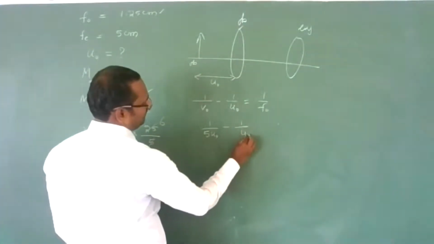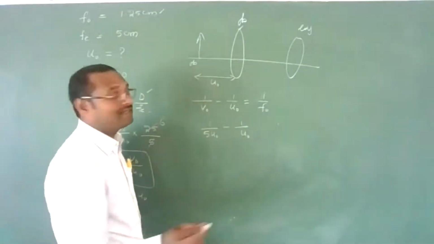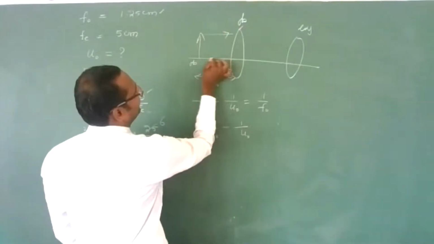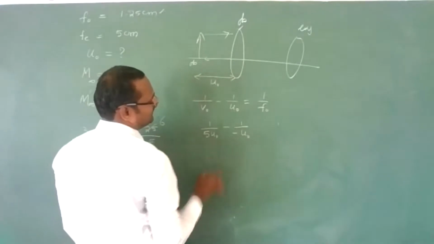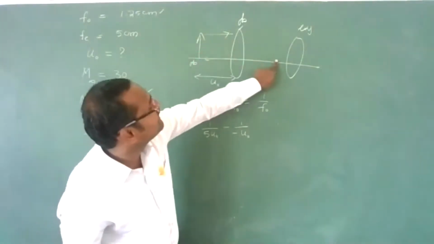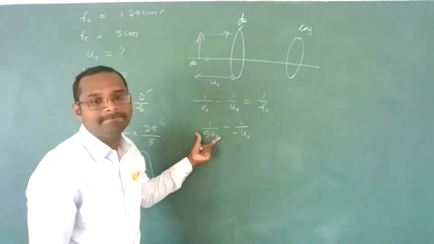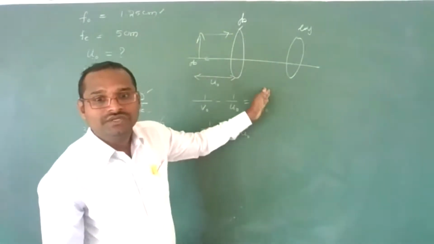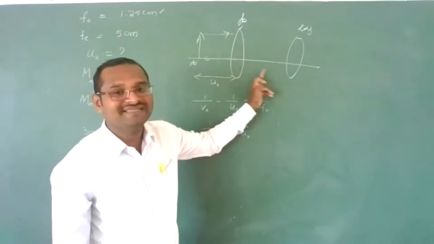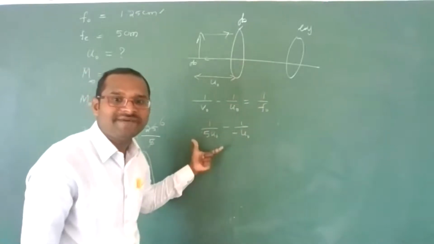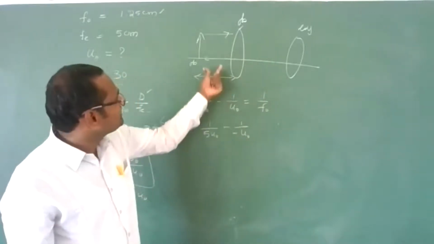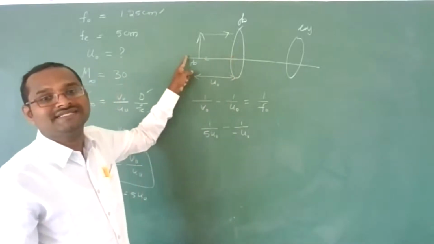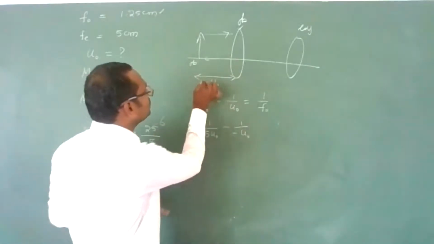Right, U0. But according to sign, this is incident rays going, so we should measure like this, which means a negative sign. However, the image will form this side, so positive only, no problem. Are you understanding? Definitely the image will form this side only, no? Means we should measure like this in the direction of incident rays, so it will be positive only. Whereas if we measure in the opposite direction to incident rays, we need to take it as negative.